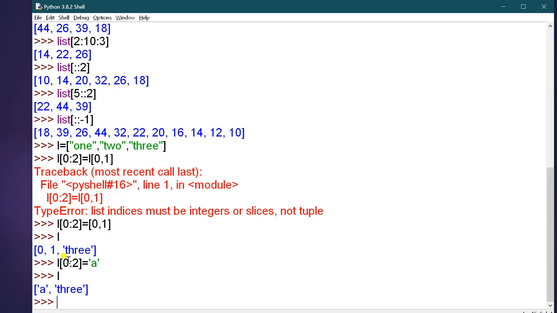Now you can see the value at 0 is 1 and at 1 is 2. So you are replacing the values at 0 and 1 with A. Okay, that's why it will give you only A, because here only one value is passed. So I hope it is clear now.